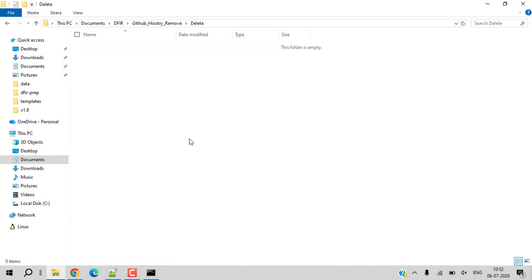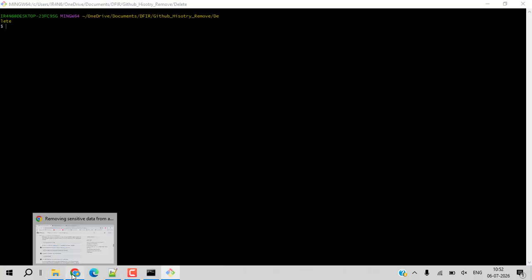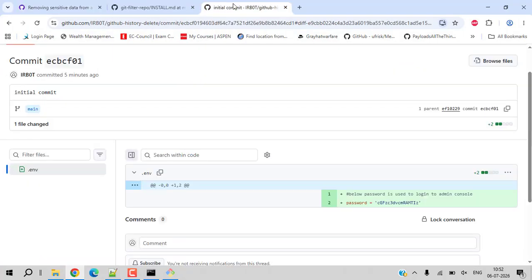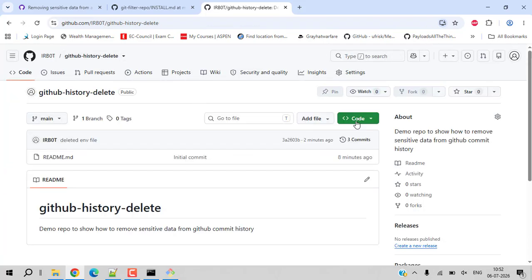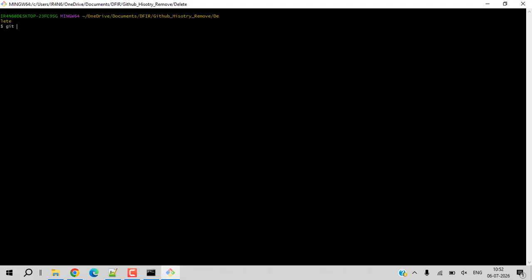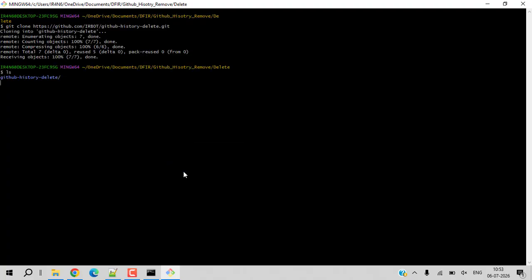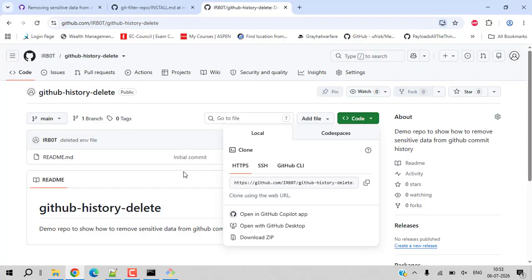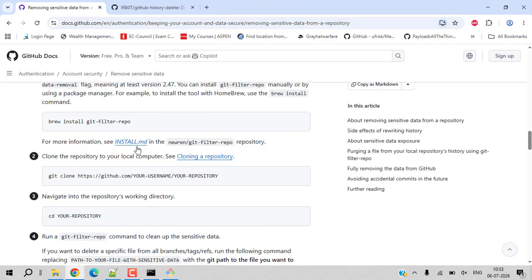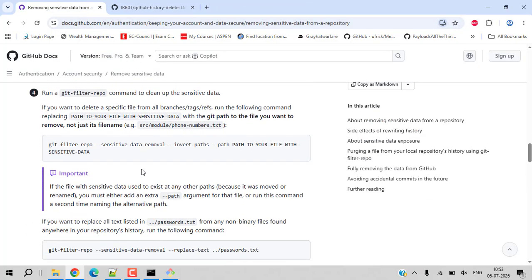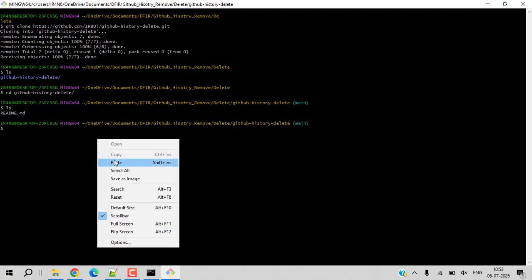Then, clone the repository into that folder. Next, run the git filter-repo command shown on the screen. That's it.